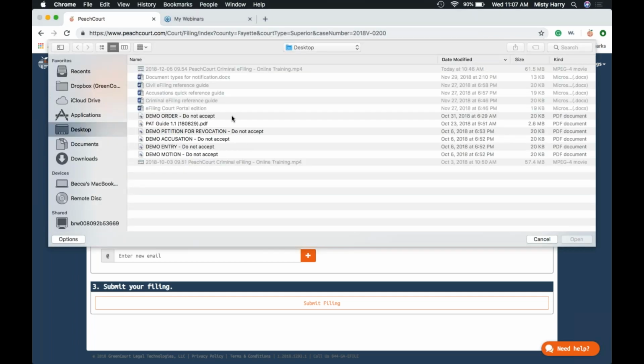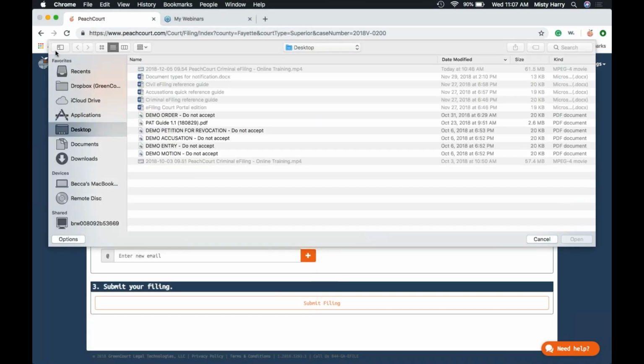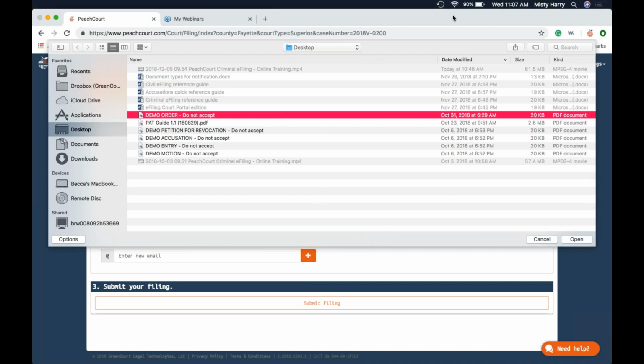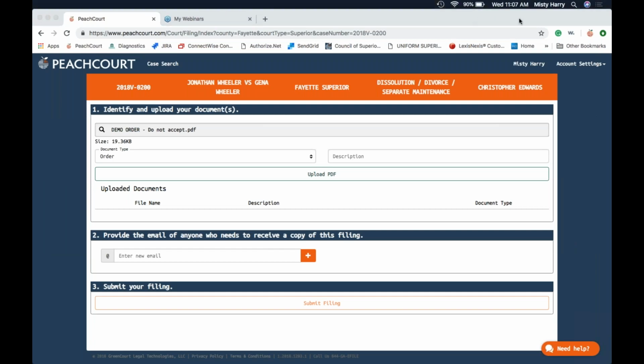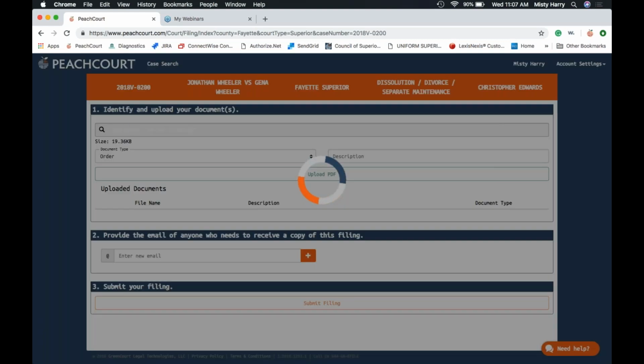that pulls up your browser or the documents folder. All right, so I'm going to select the demo order here that I have prepared, and I'm going to click Open. Well, where'd it go? So I've got my document type here of order. Let's try that again. Okay, there we go. So now the upload button turns green when we hover over it, and we click that